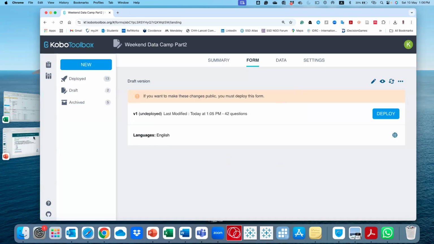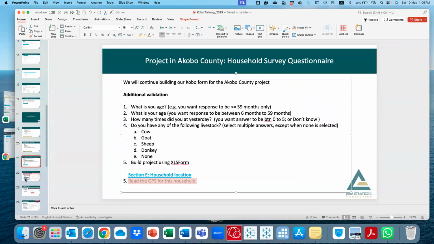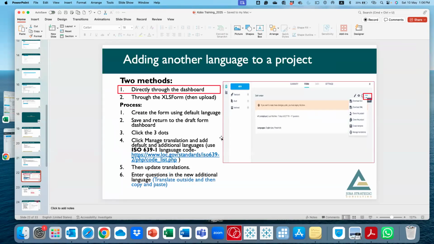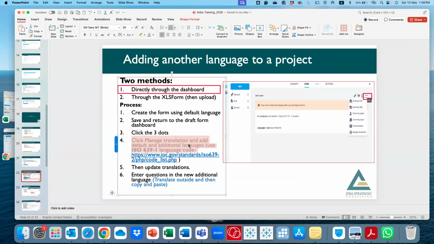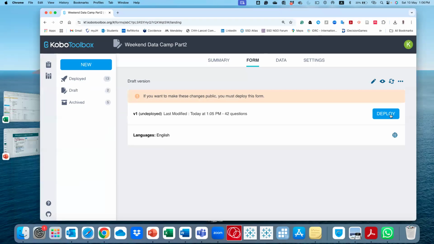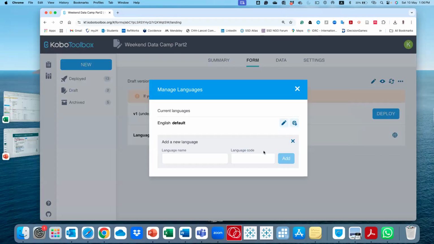There are language codes that you'll need to know, something that I was going to go to later, but languages are coded using some sort of an international coding format. So you'll look at the language that you want to use and you can use the code. But even without the code, you should be able to add the language.